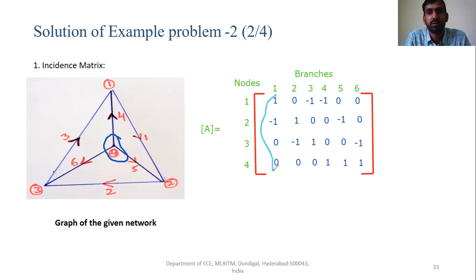You can check this one. The 1, -1, 0. If you check any column, you are going to get 0. Minus 1 plus 1, 0. You can check this one also. You're going to get 0. Minus 1 plus 1, 0. So this is the simple cross check you can do when you've got the incidence matrix. So now this is with respect to the incidence matrix.